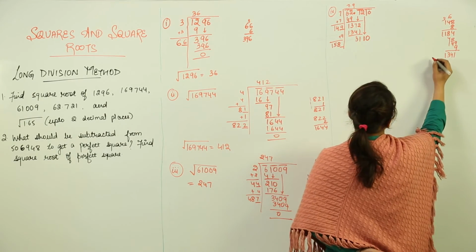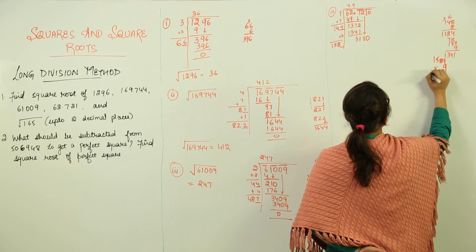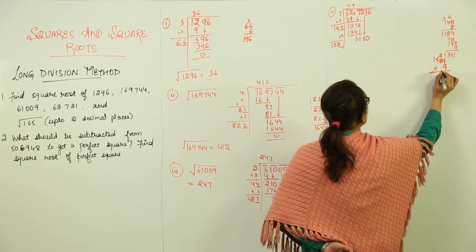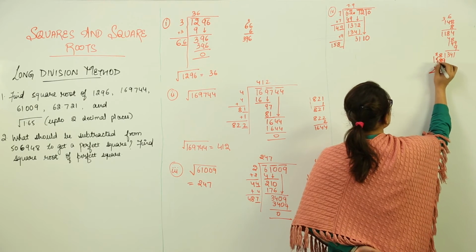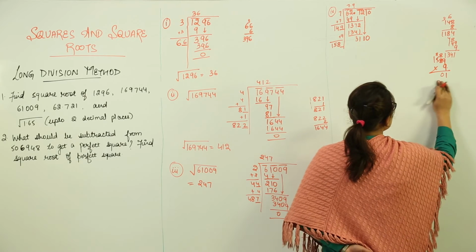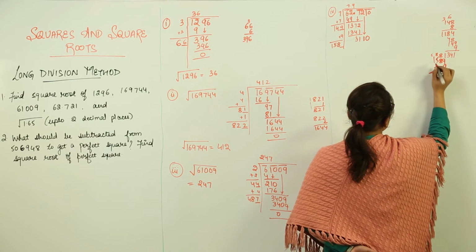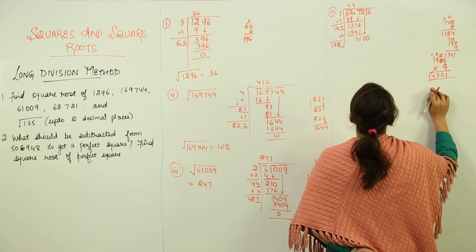So we will do it further with 9. Let us check. 1, 5, 8, 9 times. 9 nines is 81, 9 eights is 72, 72 plus 8 becomes 80, again 8, 9 fives are 45, 45 plus 8 becomes 53, and 5, and 9 ones are 9, 10, 11, 12, 13, 14. Is it still going? No, it is not going.